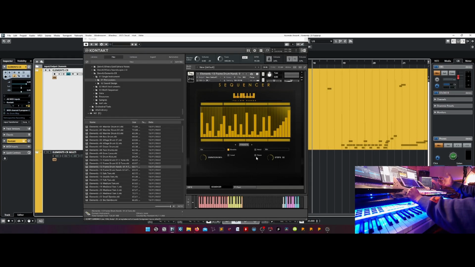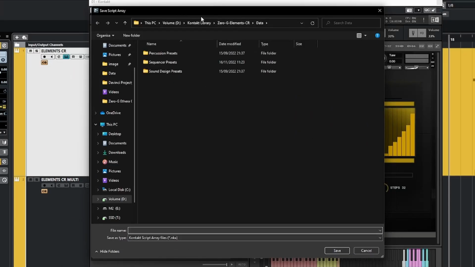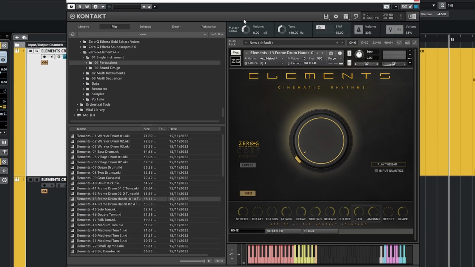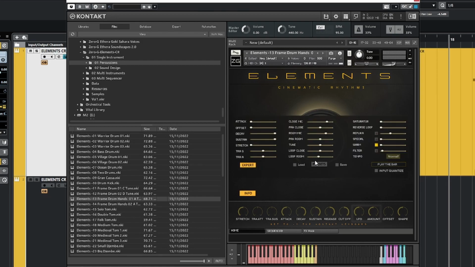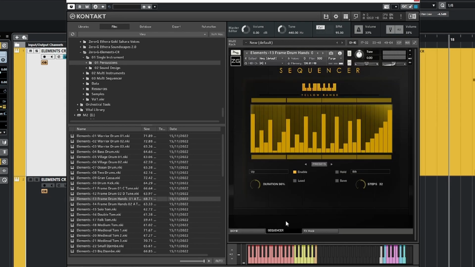And if I want to save this pattern, I click on save, and now let me explain this workflow very well. Remember that in Elements we have two different internal browsers, the expert browser, so the expert presets where you load and save all these settings here, and then you have the presets for the sequencer.